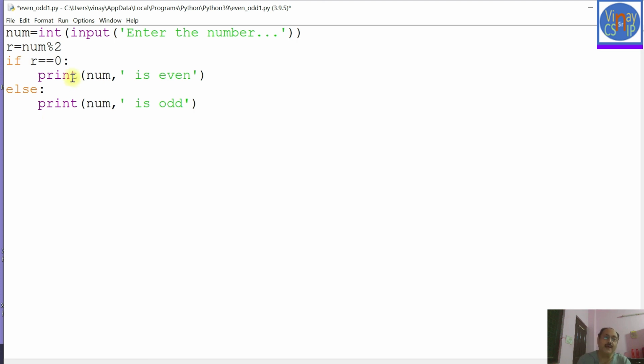So now in this video I have made it clear to you why I use double equal to. Double equal to means equality operator, and it is used for comparison. But if I use R is equal to 0 with a single sign, it has a totally different meaning. It means I am assigning 0 to R. So the value of R will now become 0. But there's no point using this R equal to 0 here, because I'm not going to make any assignment. So this is how I have made clear what was left in the previous video, that these two equal signs are the equality operator. Fine, thank you.